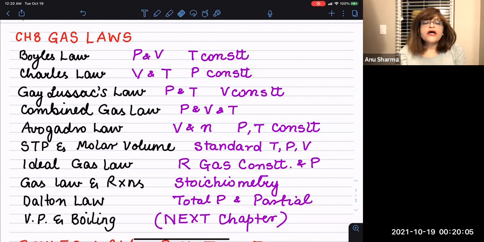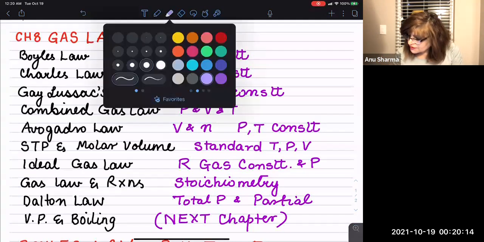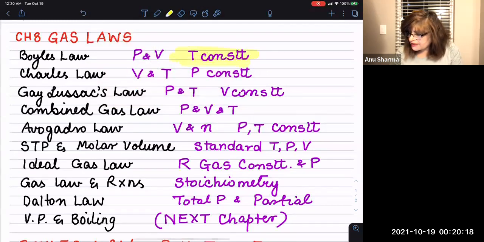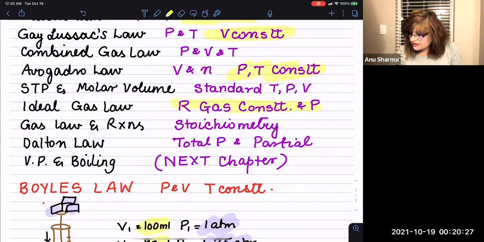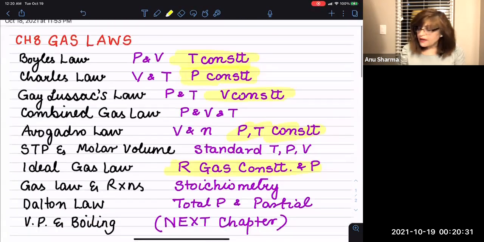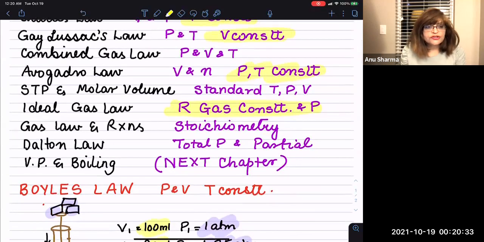Now, the ideal gas law, where we talk about the gas constant. All these things you see were kept constant above. You see this, the temperature was kept constant here. The temperature is kept constant here. Pressure is kept constant. Volume is kept constant. And here pressure and temperature are constant. So the gas constant is representing these constants. Then we will talk about stoichiometry, which is the gas laws in a chemical reaction,